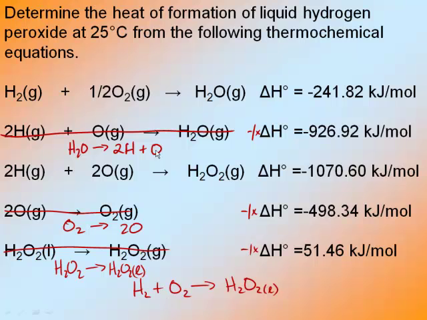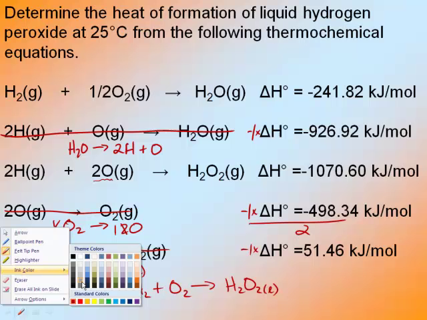The other thing I need to do is right now I have 1 O plus 2 O's is 3 O's on the right, but only 2 O's on the left. And I don't want to mess with this because it will affect everything else that I want to cancel. So I'm actually going to divide this reaction by 2. And the reason I divide that reaction by 2 is now that I've done this,